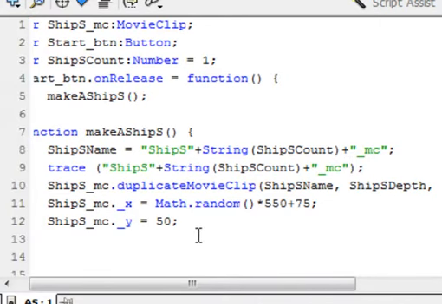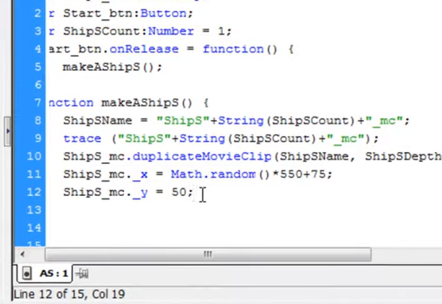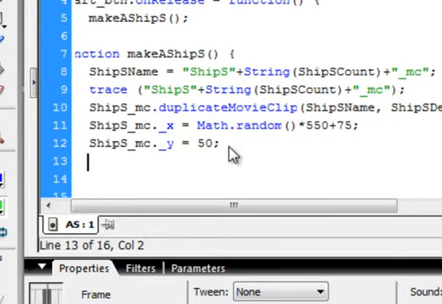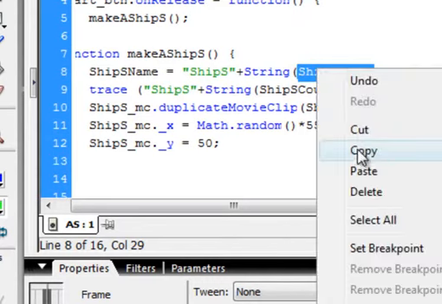Let's go down here at the very bottom, put an enter sign, and here we want to take this ship's count and change it every time. 1, 2, 3, 4, 5. So copy ship's count, paste it here,